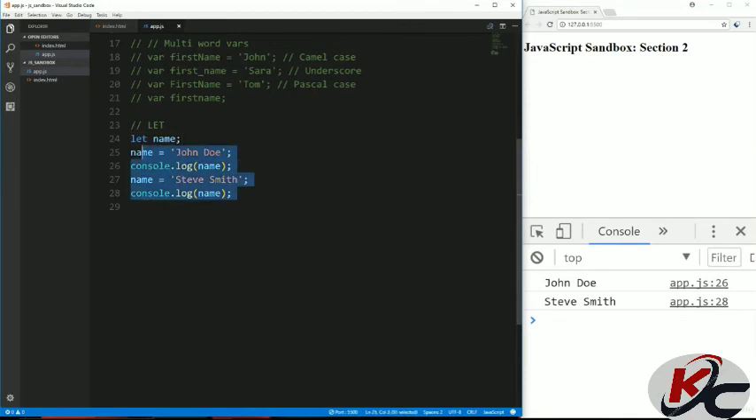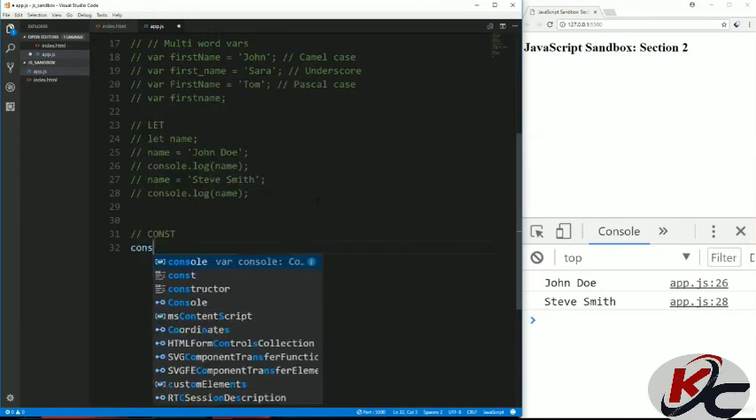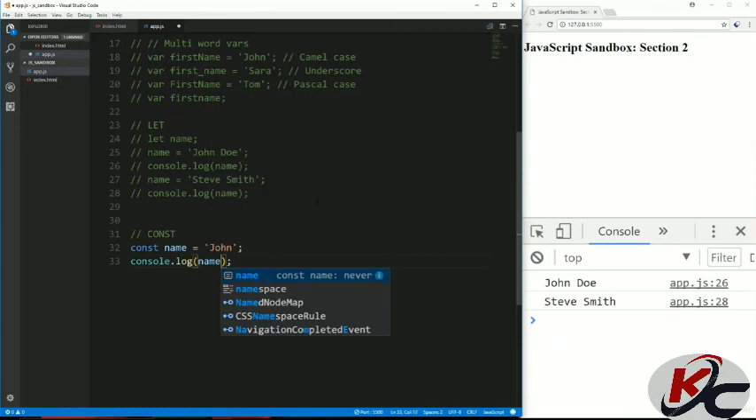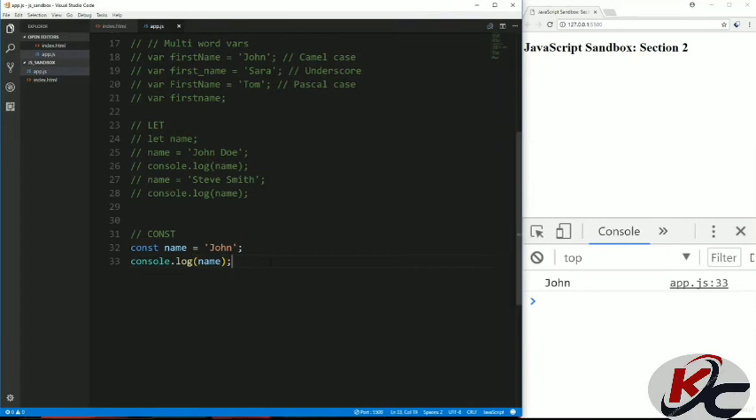Now const works differently, so I'm going to comment that out. So const actually stands for constant, and what that means is that it can't change, or it can't be reassigned. So if I say const name equals John, and we console.log name, that's fine. We get John, everything's okay. But what we can't do